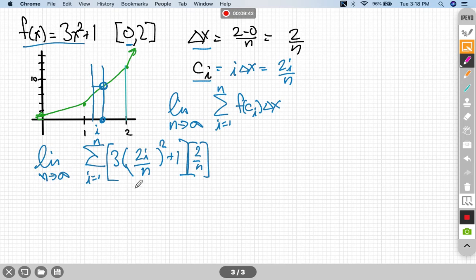We're working with the sum. So in that case, n can be considered the constant. So we're taking the limit as that n goes to infinity, but we can go 2 over n times the sum as i equals 1 to n,